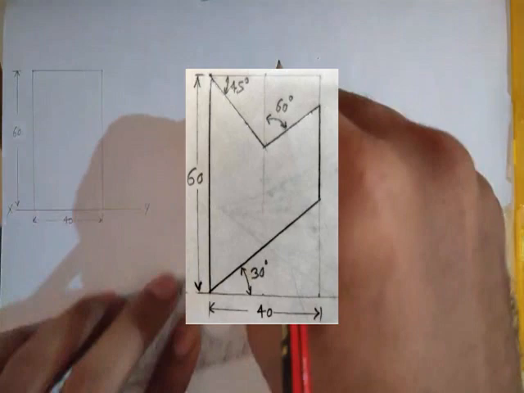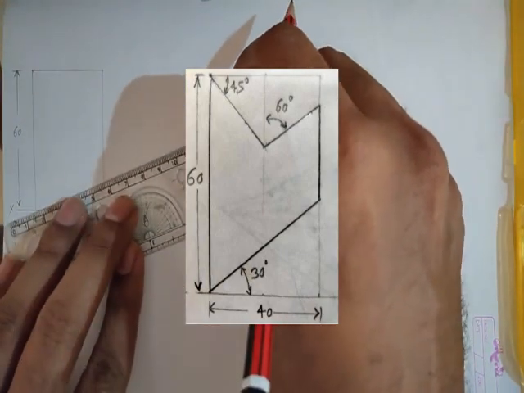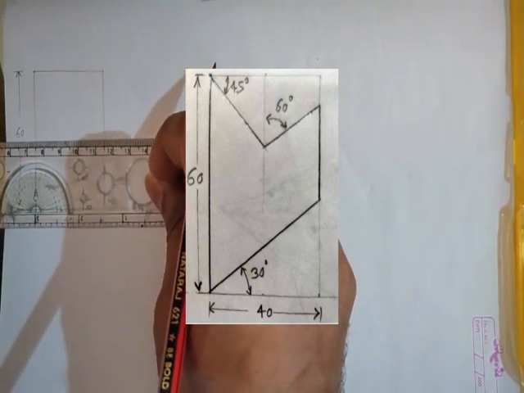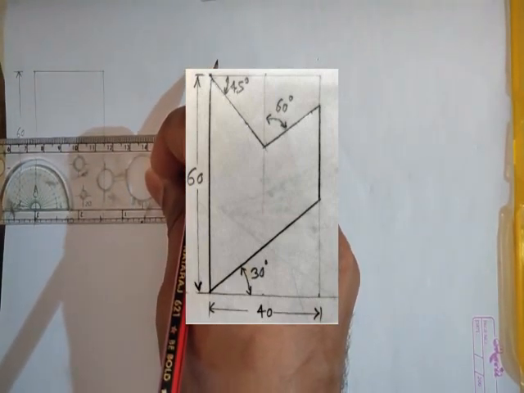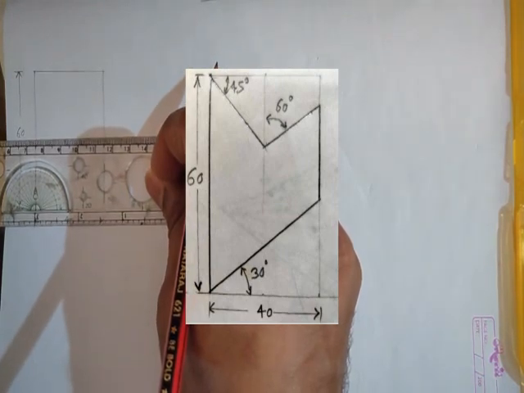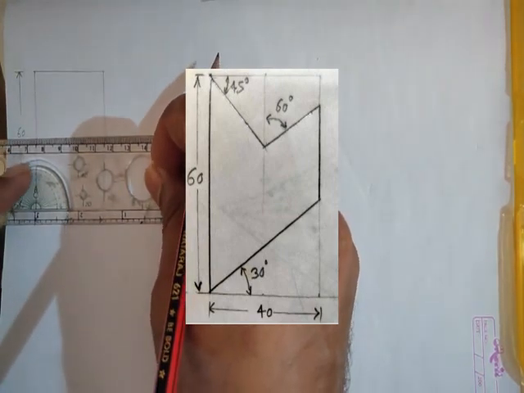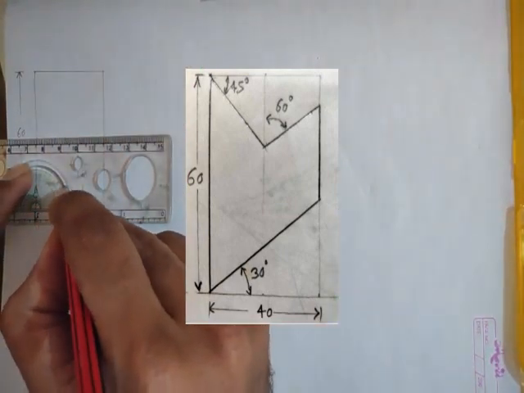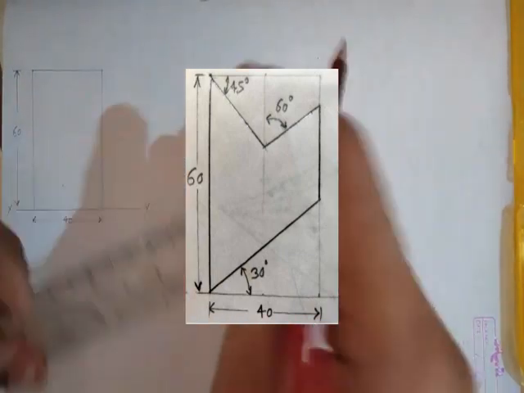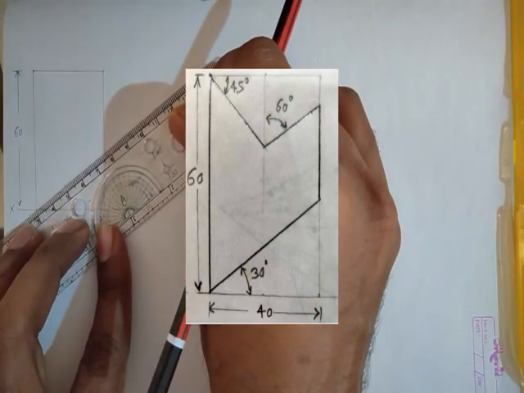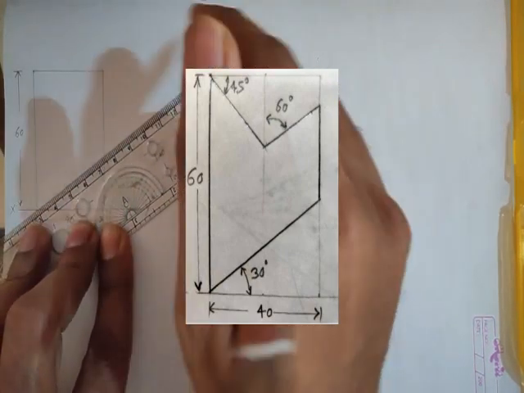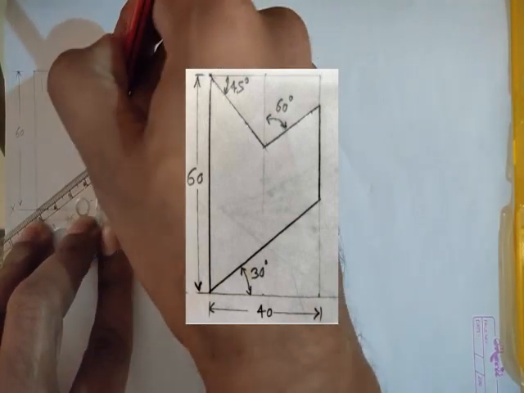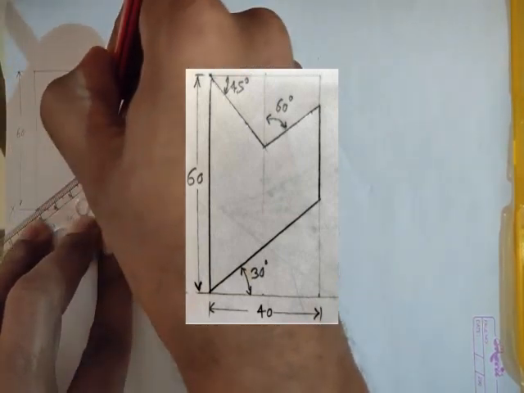Okay, now here what is given is you have the first cutting plane at 30 degrees. It starts from the bottom left corner at 30 degrees. So from here, yes, somewhere here. So this is the first cutting plane. So I'll make this dark,